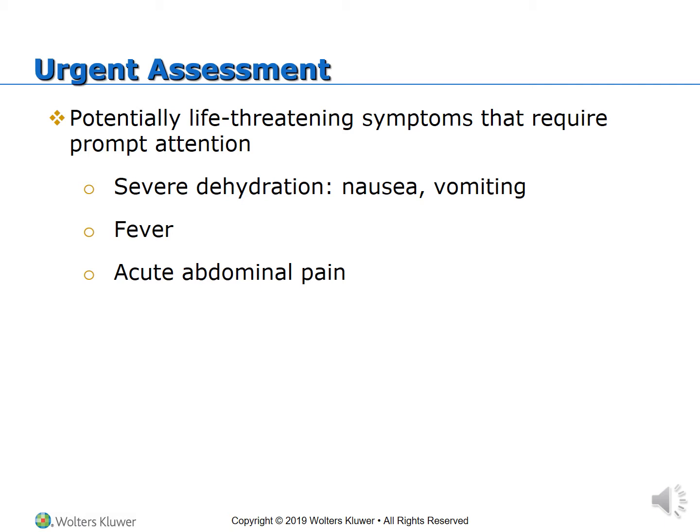When it comes to the abdomen, urgent assessment is required for dehydration, GI complaints that are also associated with fever, and acute abdominal pain. So those are your big top three. Emergency surgery is indicated for conditions like appendicitis, whether it's ruptured or unruptured, ruptured diverticula, or really any perforation of the bowel because the effects of the bacteria-filled bowel contents spilling into the peritoneal cavity can cause sepsis and other